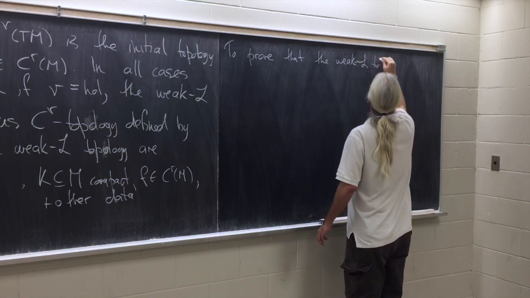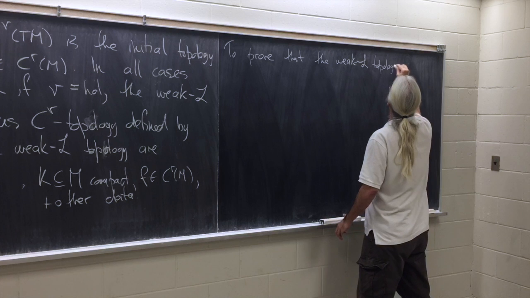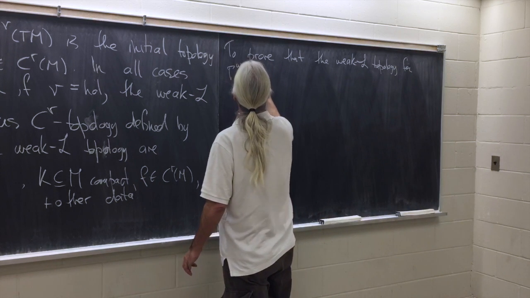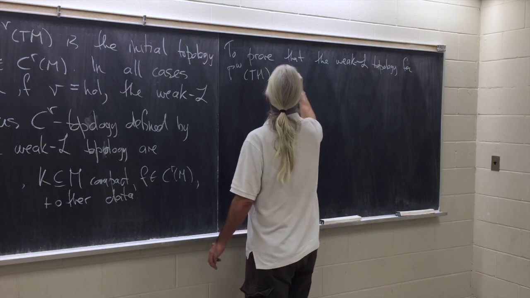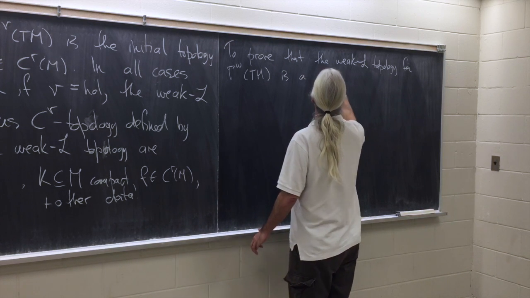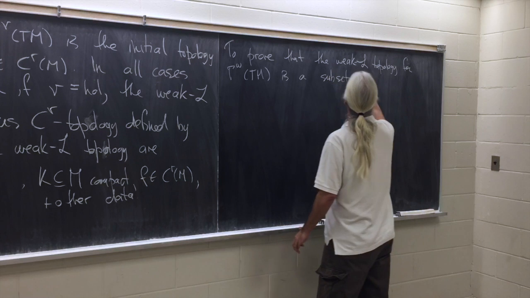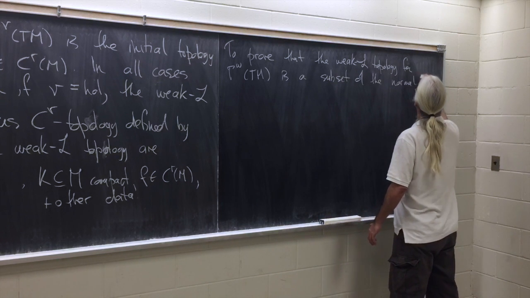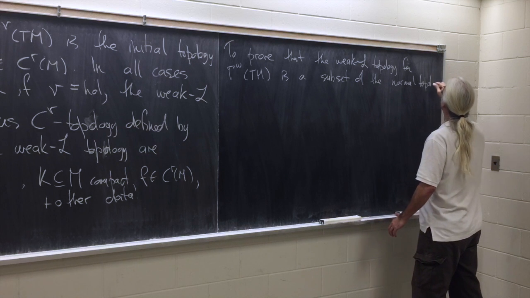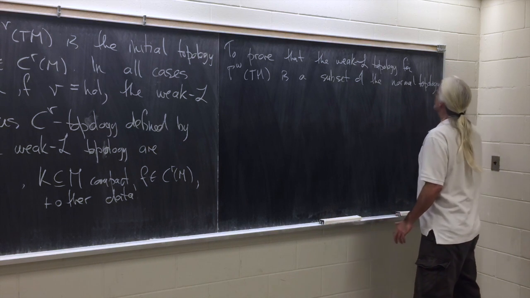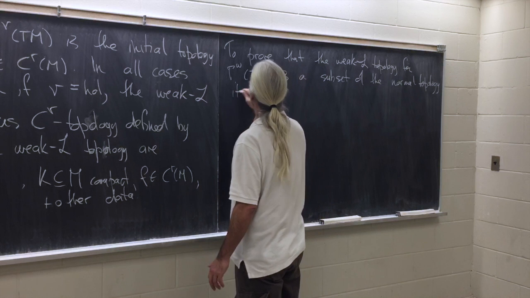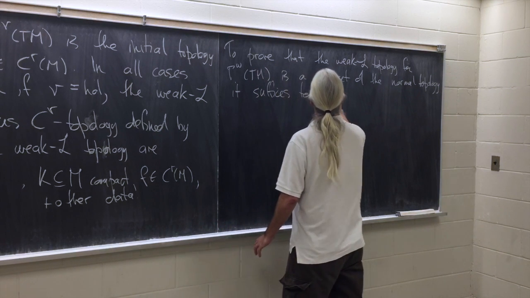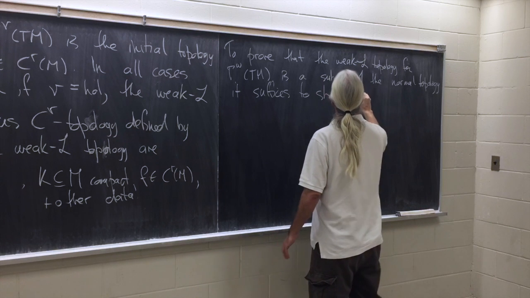There's one thing you can do that's really very elegant and beautiful. So to prove that the weak L topology for the real analytic vector fields is a subset of the normal topology, it suffices to show that